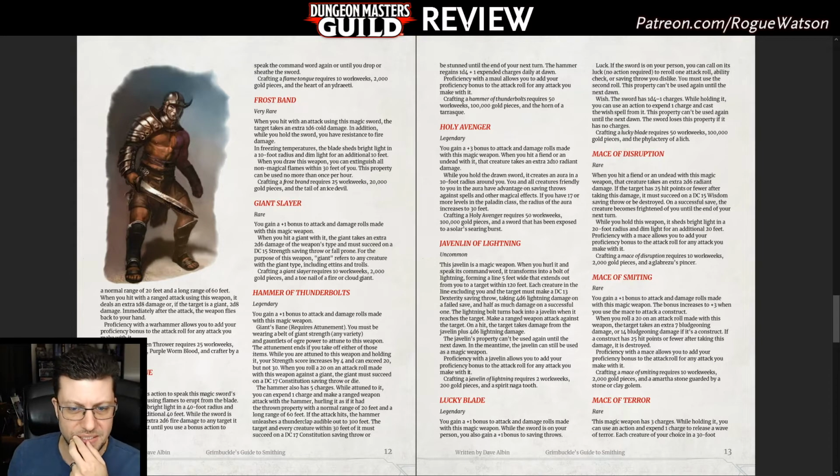So it didn't really work for me, and the fact that you can even craft legendary items is kind of hilarious because the cost and time and items are just absolutely ridiculous. Like the Hammer of Thunderbolts, legendary hammer, very cool. It's a very, very extremely powerful weapon. It requires 50 work weeks, 100,000 gold pieces, and the horn of a tarrasque. Now, I know tier 4 legendary items, it's just bonkers, right? It doesn't matter. But at some point, it's like,